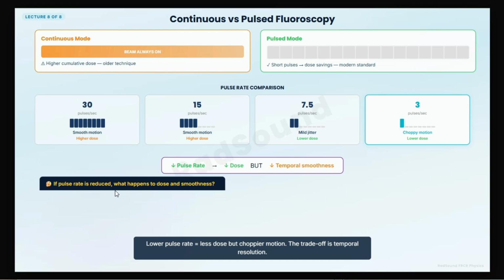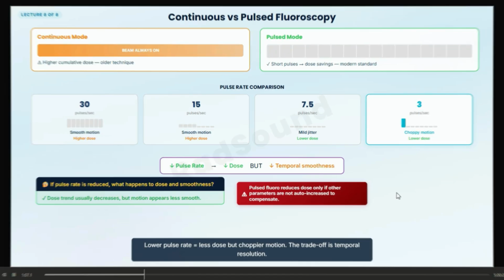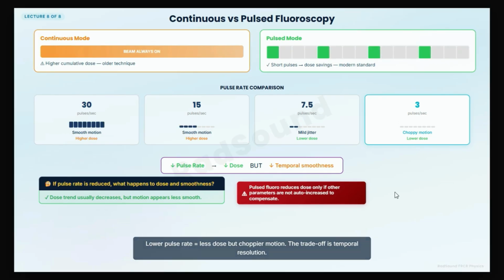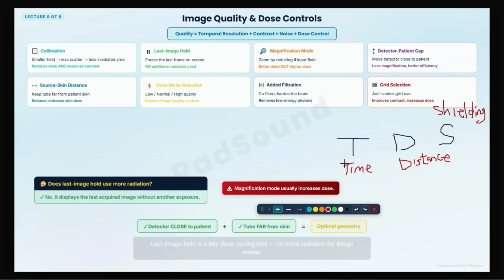If pulse rate is reduced, what happens to dose and smoothness? What will happen to the flat panel detector? What is the flat panel detector? Because the scatter is not reaching